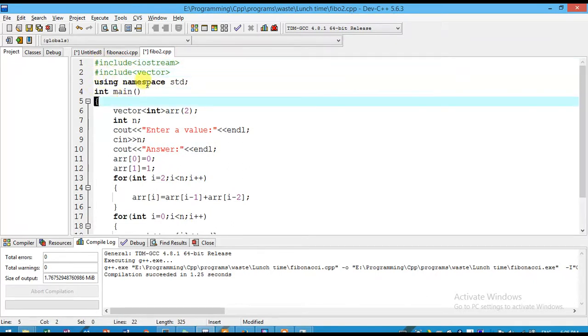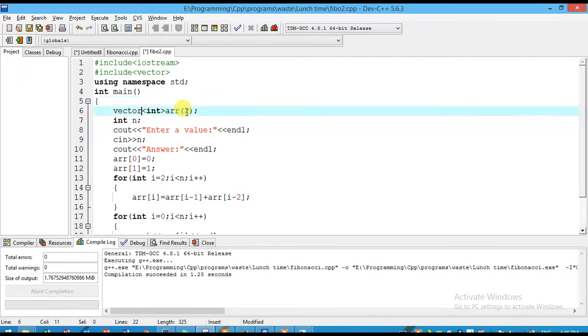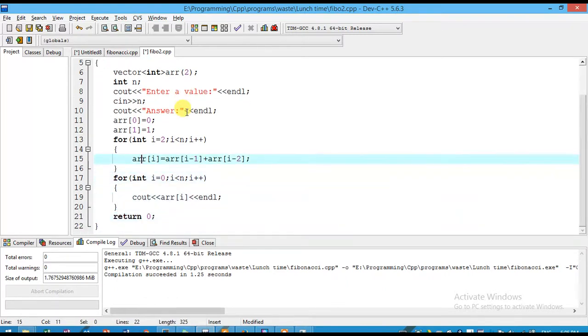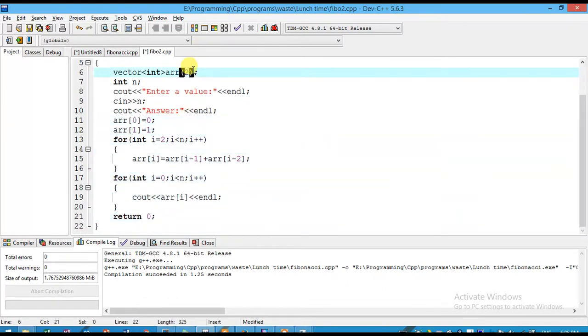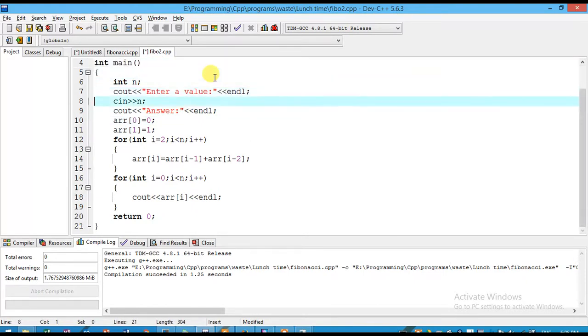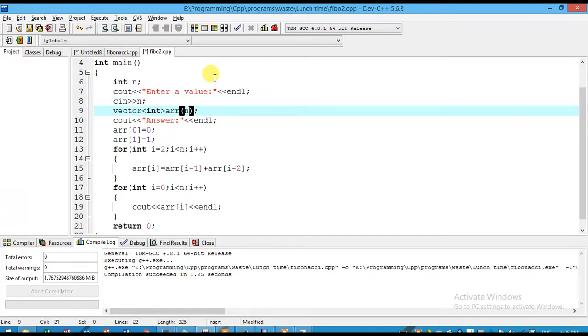So this is the default section, this is the vector. So I am declaring array of 2 here. It is better to declare here, because n is a variable, and in this process we find up to n Fibonacci numbers.